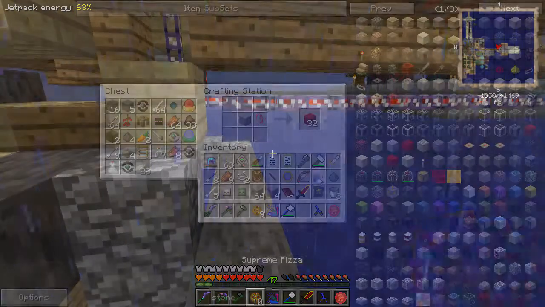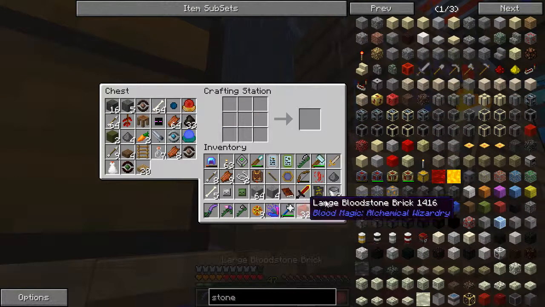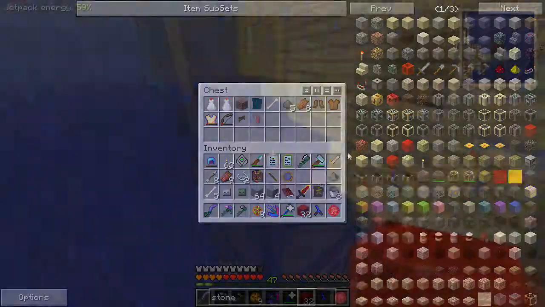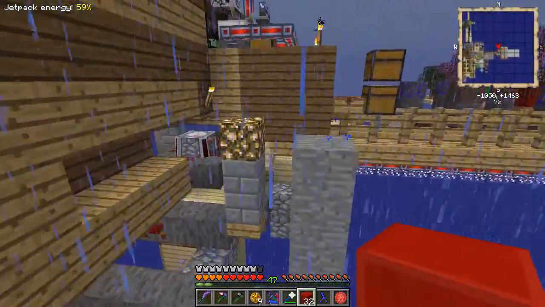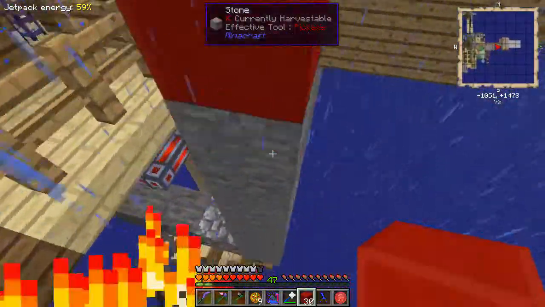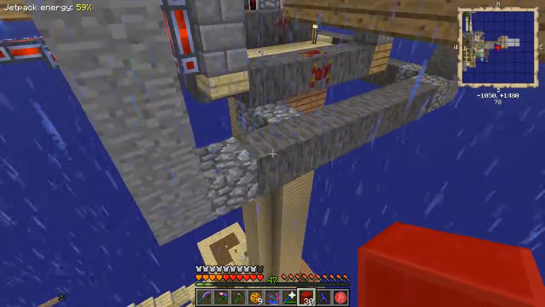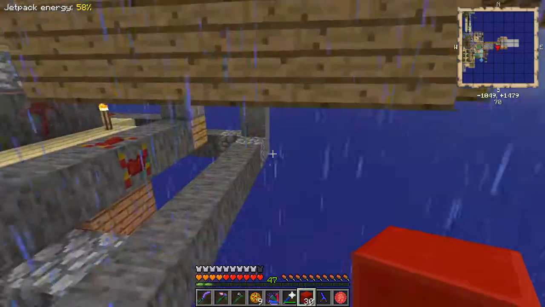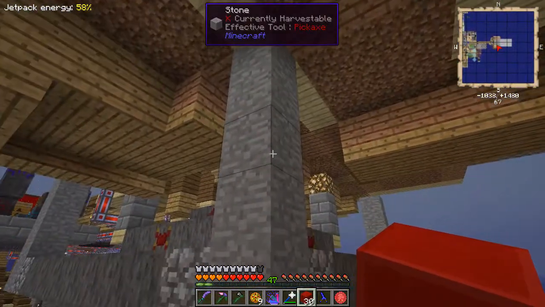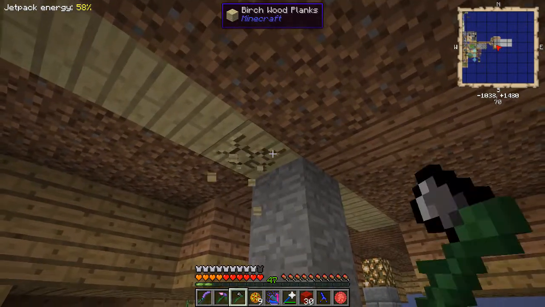Give me a second. So here we go, our large bloodstone bricks. Now, if I have this right, and I might... Let me just junk some stuff here. These bloodstone bricks go up here. So it's 1, 2, 3, 4 above this next level of blood runes. Now that does mean that it goes into our spawning area. We're probably going to want to move our spawning area shortly. For now...